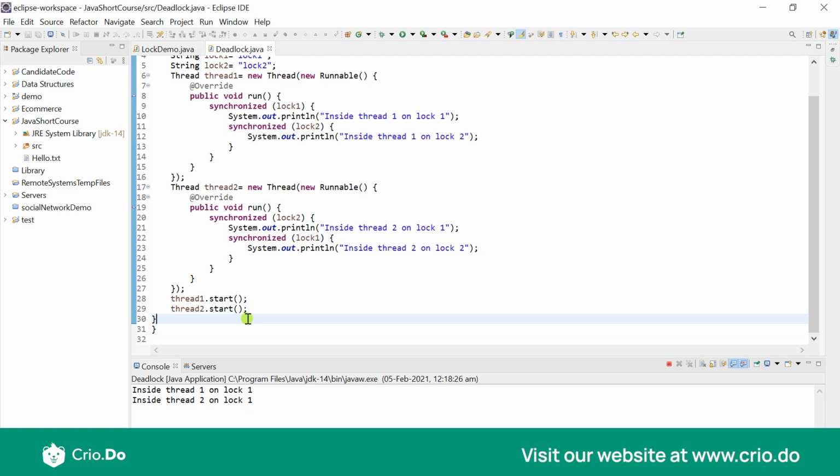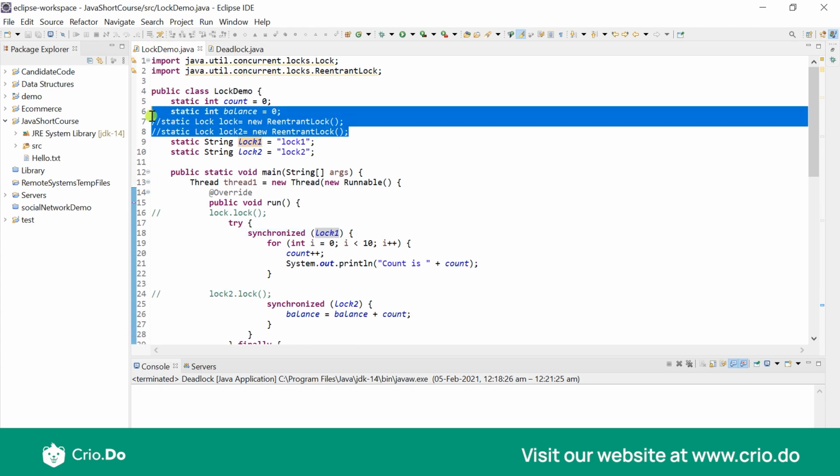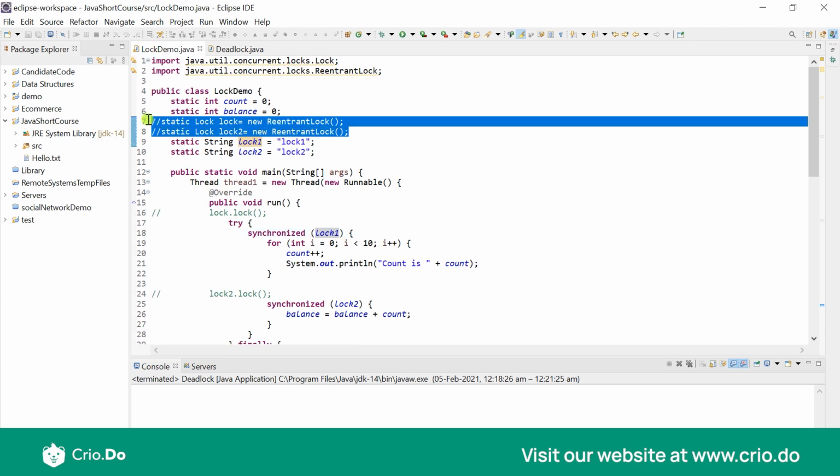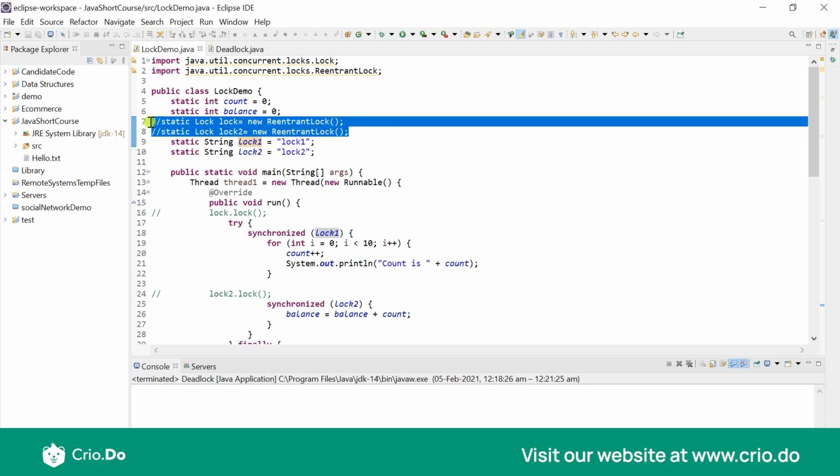You have to make sure that your program never enters a deadlock situation, or you at least prevent your program from entering one. One way to avoid this whole deadlock situation is to use these reentrant locks. Whenever you are using these reentrant locks, you could try to gain the lock for some amount of time. But if you're not able to gain the lock for some amount of time, then you would want to relieve any of the locks which you have acquired till now.